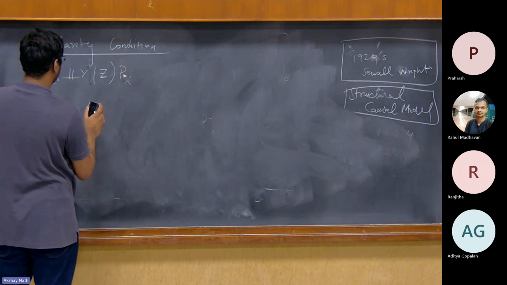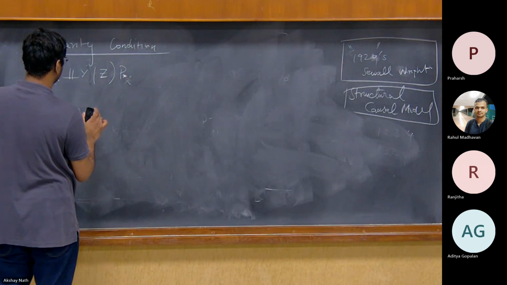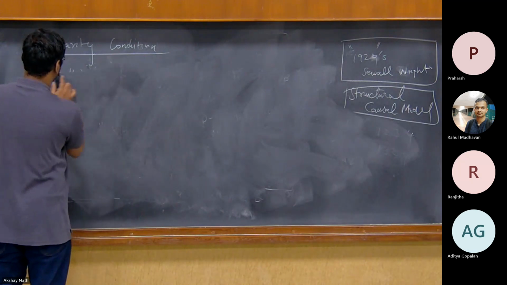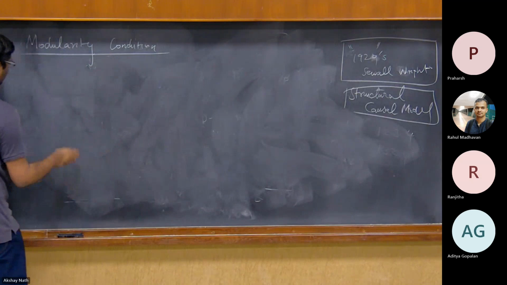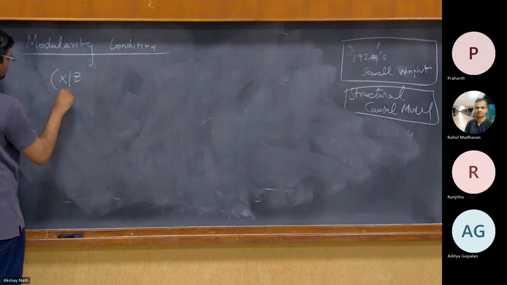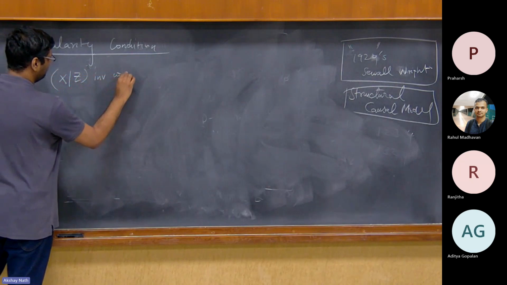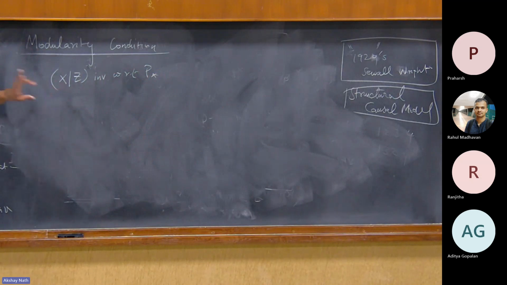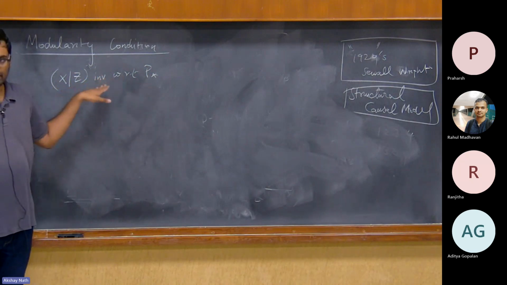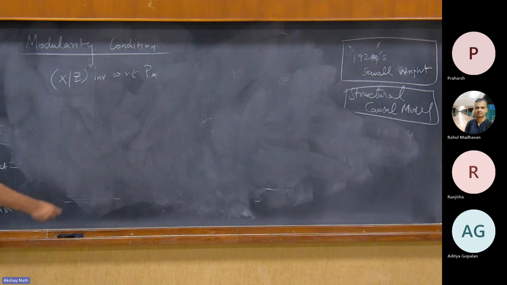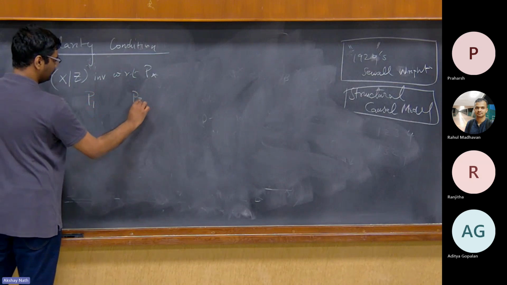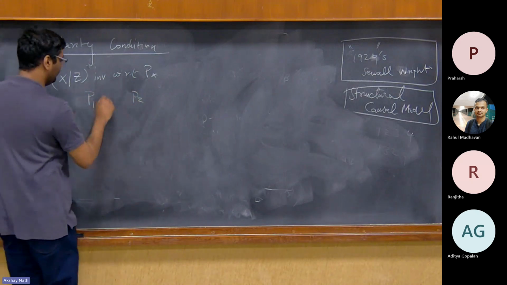No, so let me actually say that X given Z is invariant with respect to P star. Let's not complicate this. Okay, what do I mean by that? There are now two sets of variables, X and Z. I'm saying that there's a new definition, invariant with respect to P star. So what does it mean? Now what you do is that you take P1 and you take P2 on both sides. Okay, both belonging to P star.